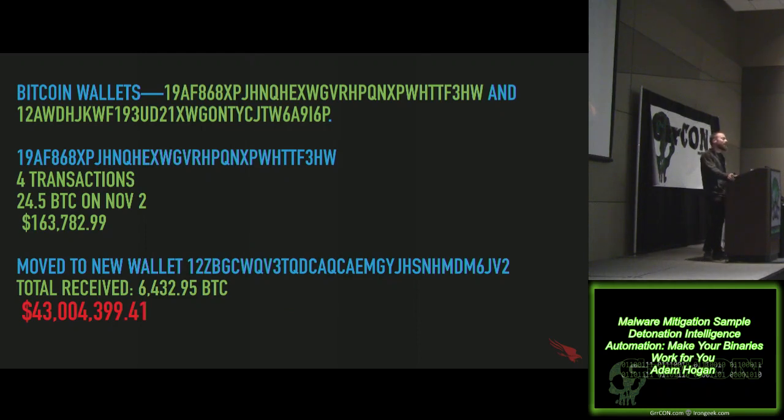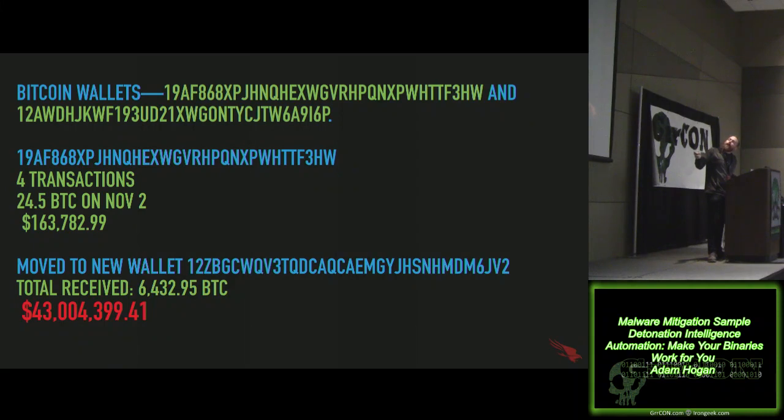And this is somewhat out of date because they're using different wallets now. There have actually been subsequent campaigns from the same actor from newer versions of BitPaymer. And I didn't have the Bitcoin wallets for that, so it's considerably more profitable than I can even show here. But there were a couple of Bitcoin addresses we were able to pull out. One was, hey, send it here. The first one, and we saw about 4 transactions, and when they had amassed about 24.5 Bitcoin.